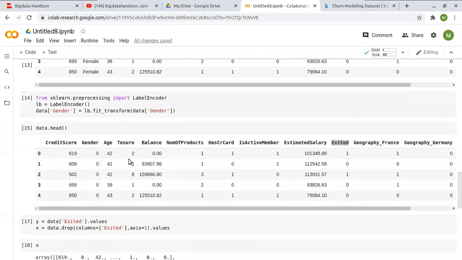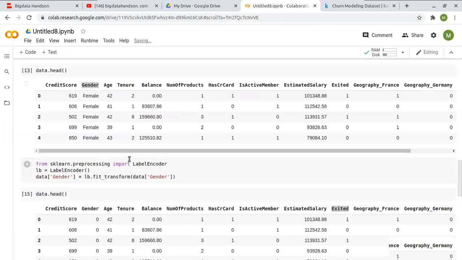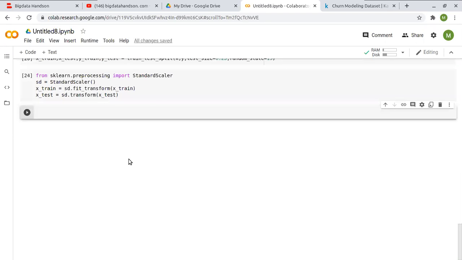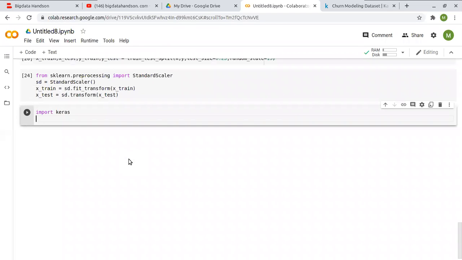Now it's time to build our neural network. To build the neural network, we want the library Keras. So we'll import Keras, and we need some other classes also. We'll import two classes from the Keras library.